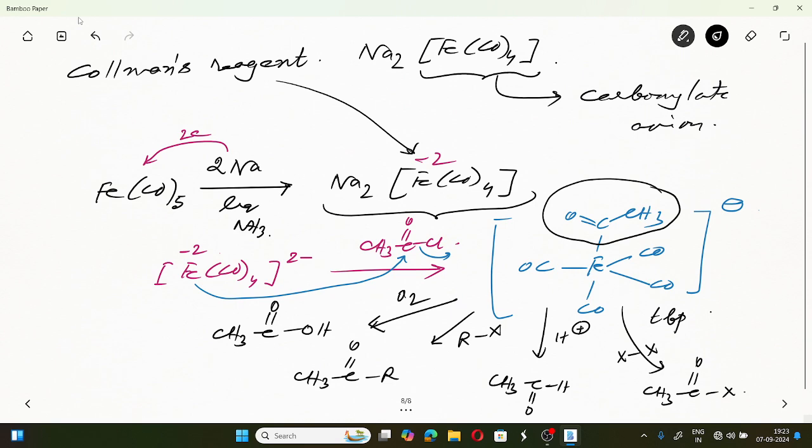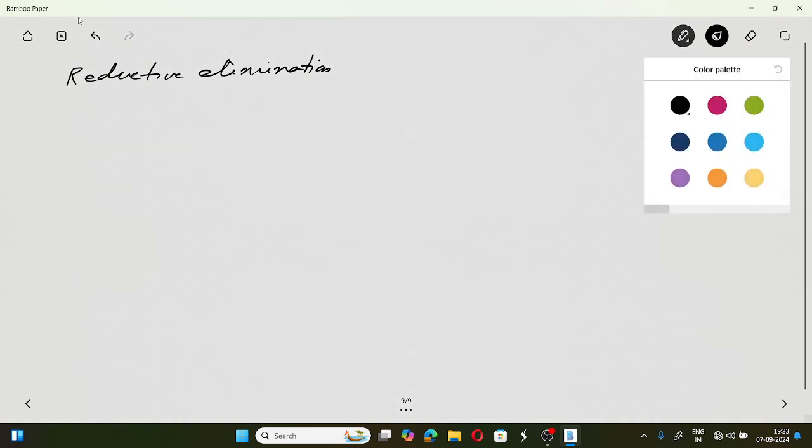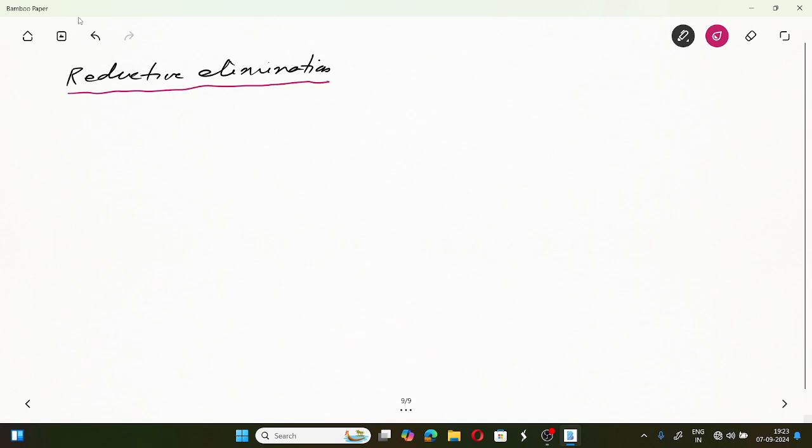Okay, reductive elimination reaction, যেমন oxidative addition বললাম, next we shall discuss about reductive elimination. দেখো reductive elimination মানে এখানে, reductive elimination means reduction of the metal center along with removal of some substituents,